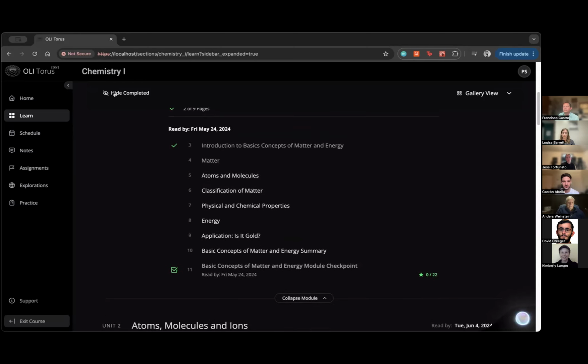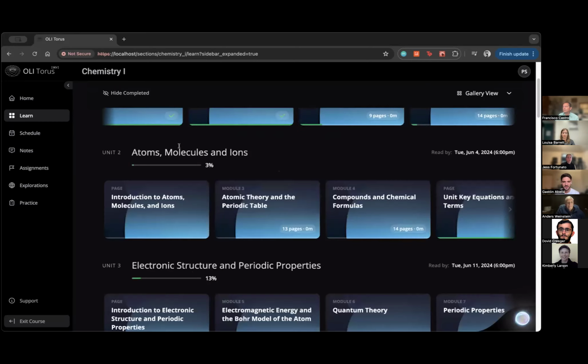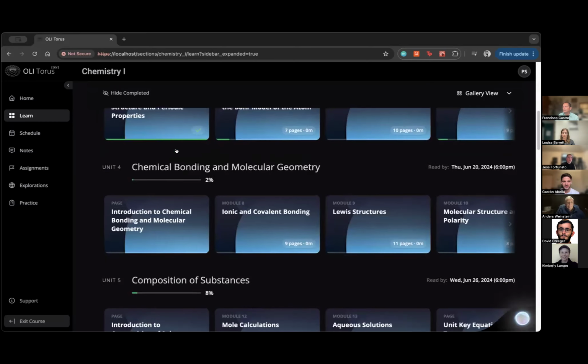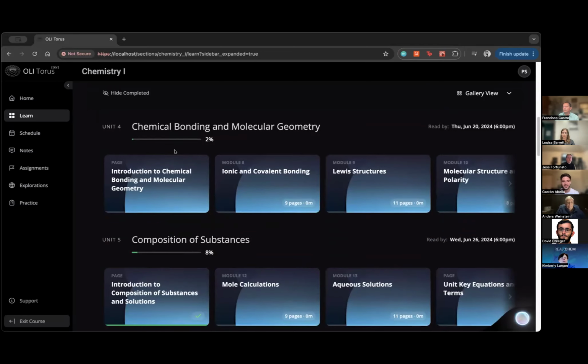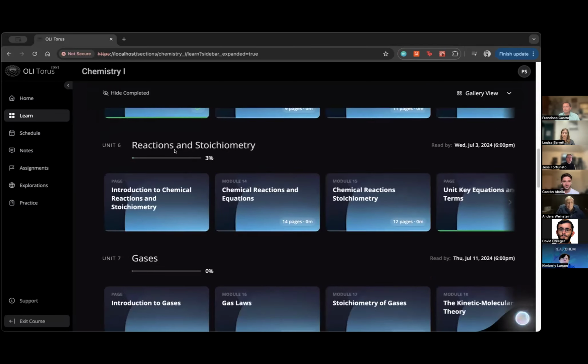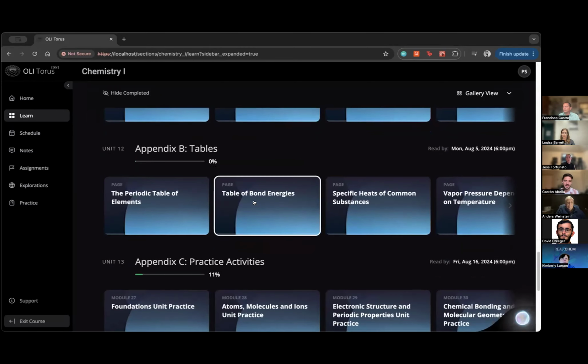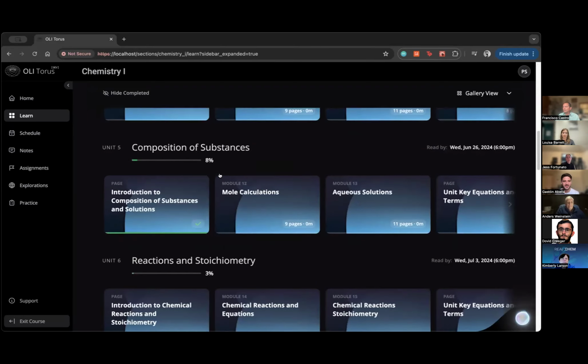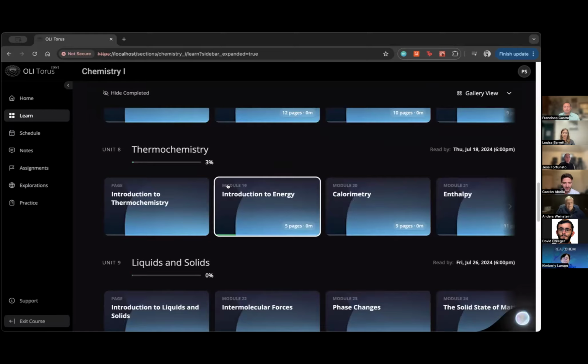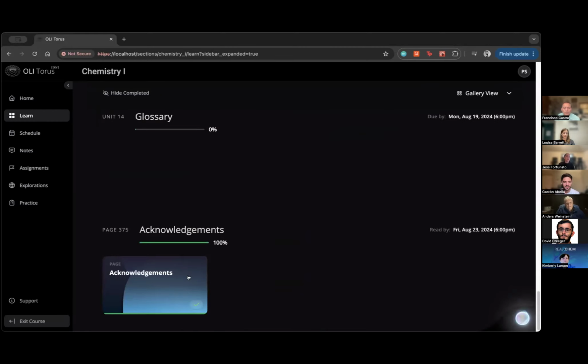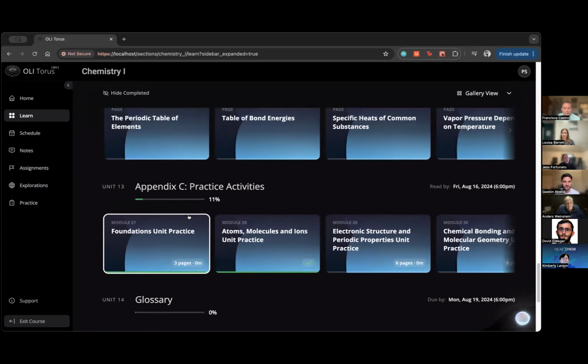We decided to change the designs a little bit to have this button as sticky, just because it's easier for the student if we have a big course like chemistry and we scroll down to a unit at the bottom and we want to hide, we don't have to go to the top, click hide, and then scroll down again. This also works for, of course, pages at the unit level,